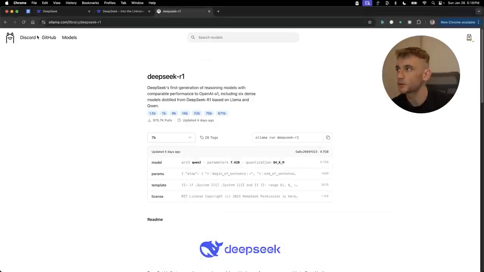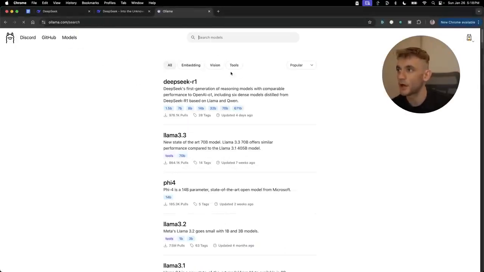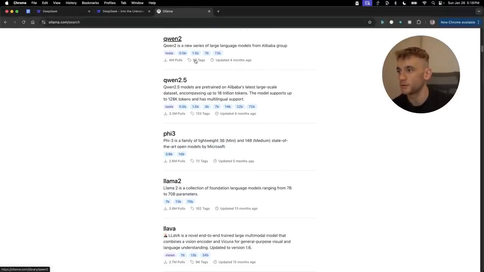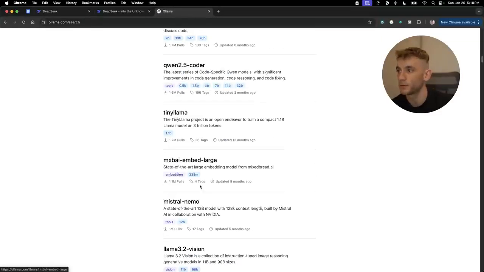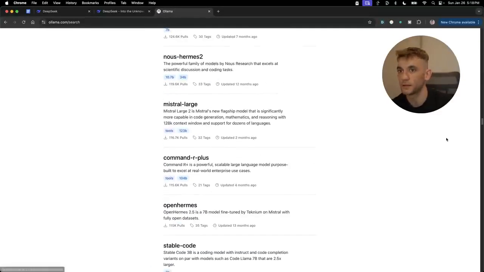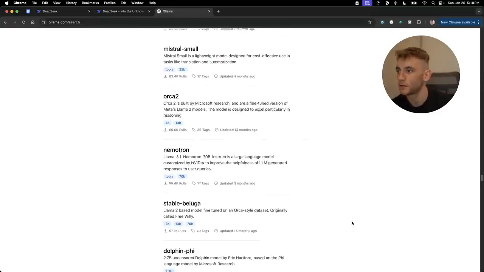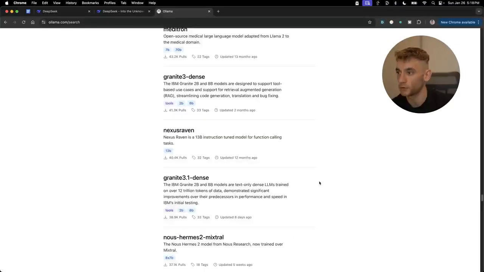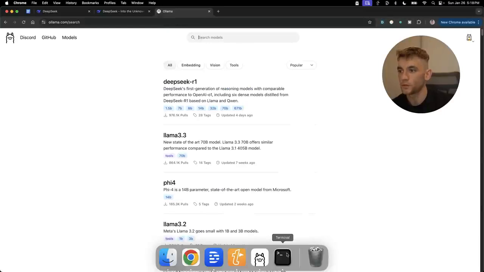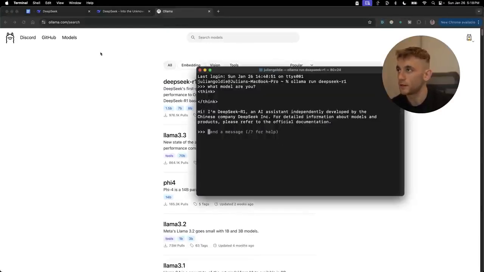You can actually download loads of different models from Ollama, and all of these are free to run. So for example, like Qwen, Llama, Code Llama, whatever you want basically. You can see it's an almost endless list of different AI models that you can install. Right? Now, once you've installed it locally and you've got it running, we can start building